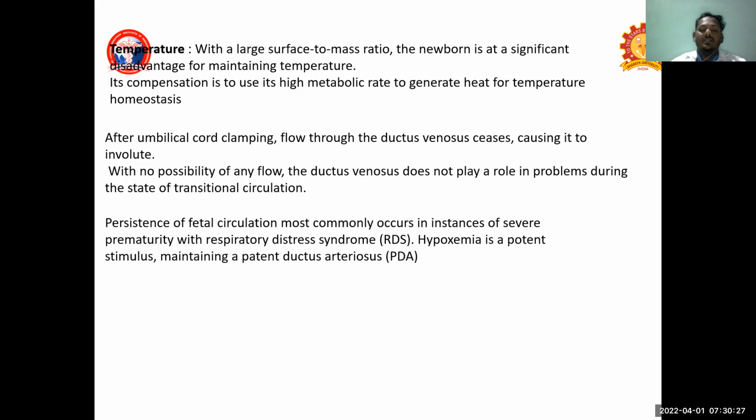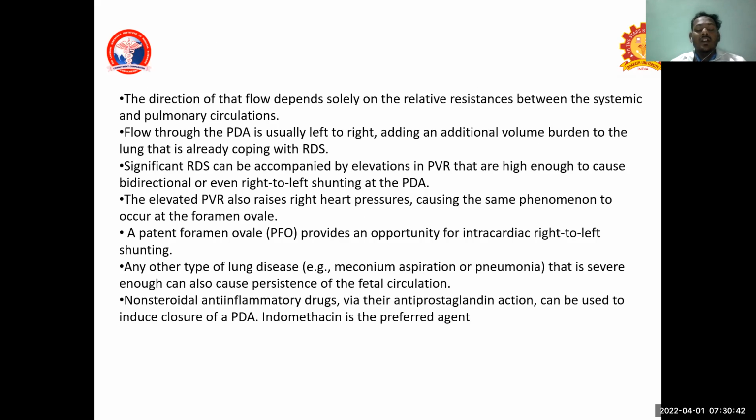Persistence of fetal circulation most commonly occurs in instances of severe prematurity with RDS. Hypoxia is a potent stimulus maintaining a patent ductus arteriosus. Direction of flow depends solely on the relative resistance between the systemic circulation and the pulmonary circulation. Flow through the PDA is usually left to right, adding an additional volume burden to a lung that is already coping